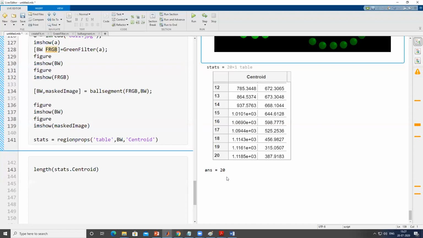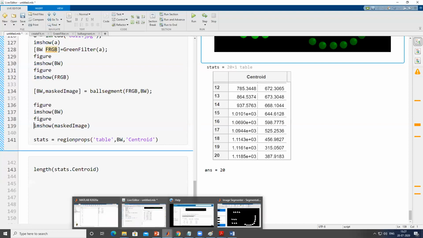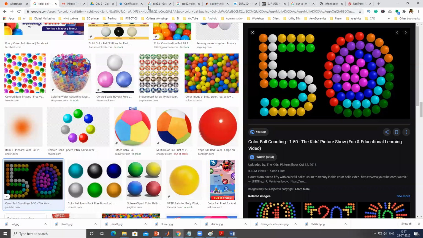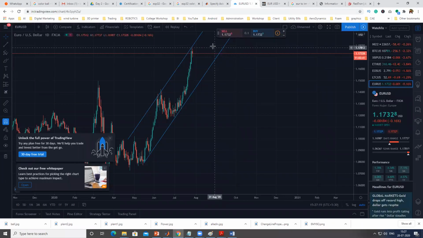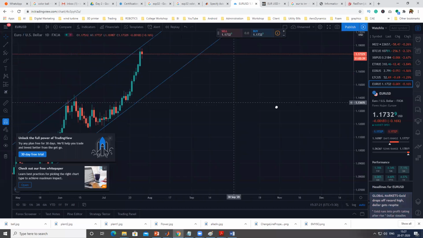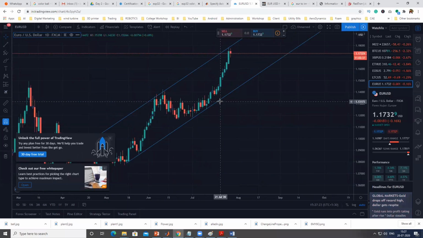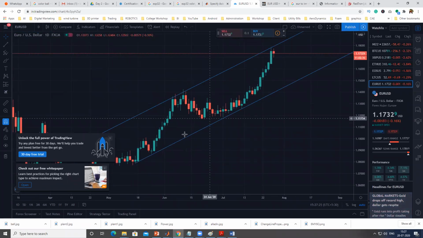Suppose the example which we discussed in the first half of the session, this one. With the same technique which I just showed you, you can ask MATLAB to give you the count of the number of candles, like how many green candles appear and how many red candles appear in that trade.